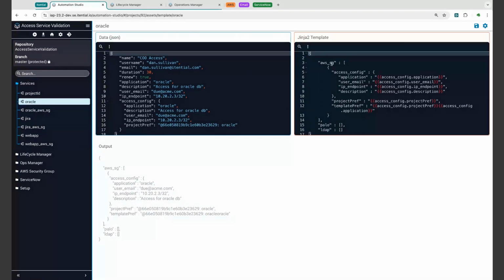In my case, I'm just going to provision something in AWS, an AWS security group. If you're familiar with JSON or Jinja2, you'll see that the output here is an array. This is useful because below the AWS SG array that's populated, there are two other arrays that aren't populated. The reason I did this, and I'll show you in the workflow, is